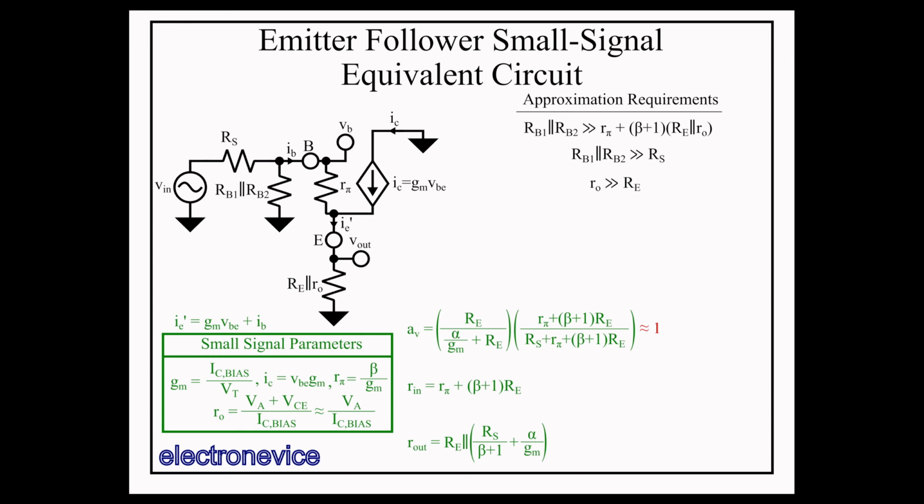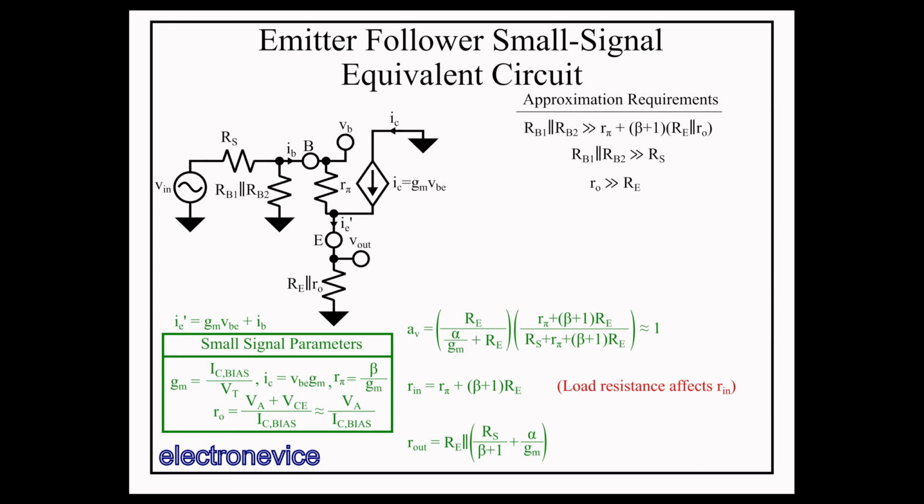Additionally, we should note that since Vout is taken off of the emitter, the load impedance of the circuit this is connected to will appear in parallel with Re, and thus affects the input impedance. So while you may be able to make Re large, oftentimes the load resistance is far more important here. This is an interesting contrast with the common emitter, as the load resistance of the common emitter had no effect on the input impedance in the low-frequency model.